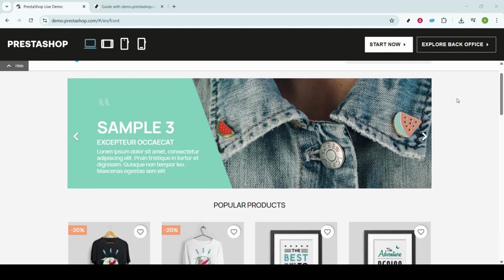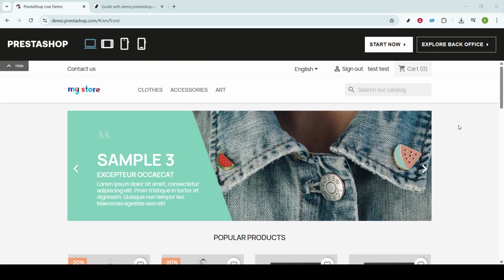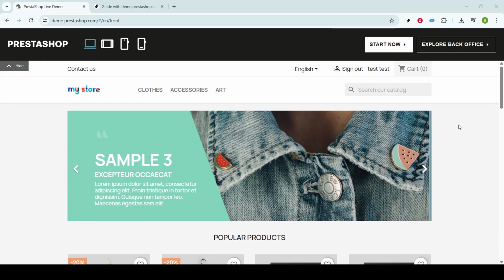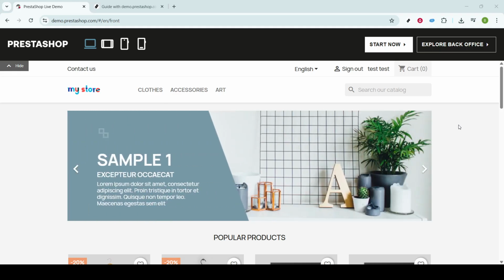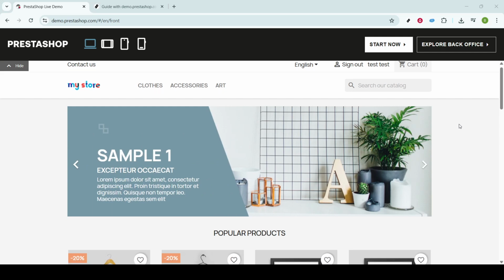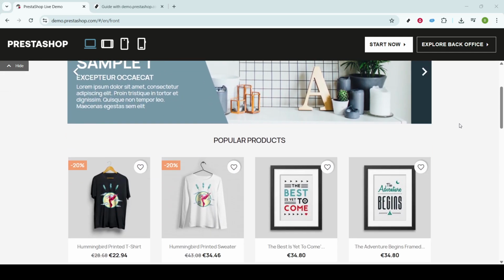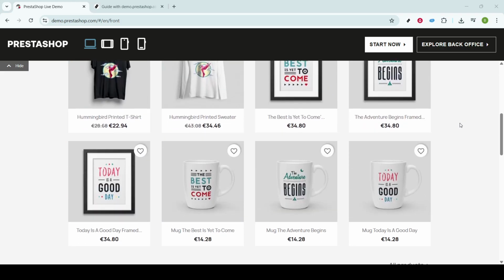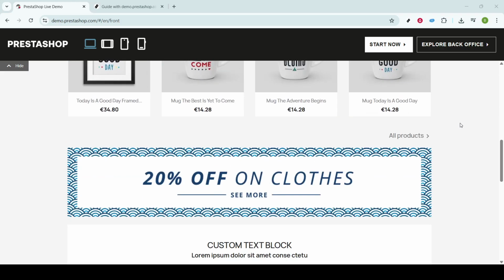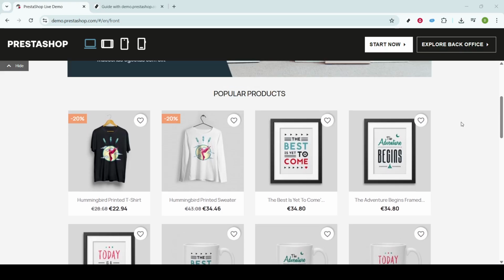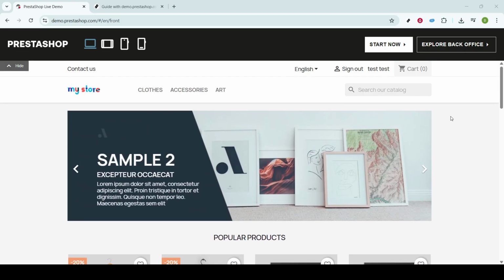To get started, open your web browser and go to demo.prestashop.com. On this page, PrestaShop offers a fully interactive demo that lets you explore the features and functionality of the platform without having to install anything on your server. Whether you're planning to use this demo version or you're considering a full version for your live site, the process